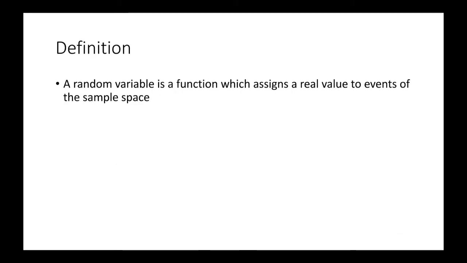Now I am going to give you the most layman definition of a random variable. There are many confusing definitions that go around, and people do get confused ultimately. Unlike the name suggests, a random variable is not a variable but a function. What it does is assign a real value to events of the sample space. Now we will try to understand this using a flowchart first, and then using examples.